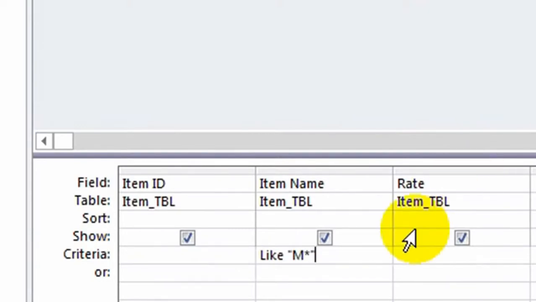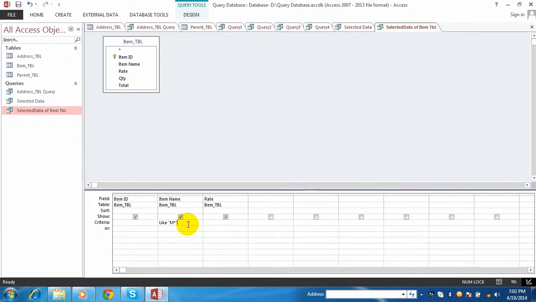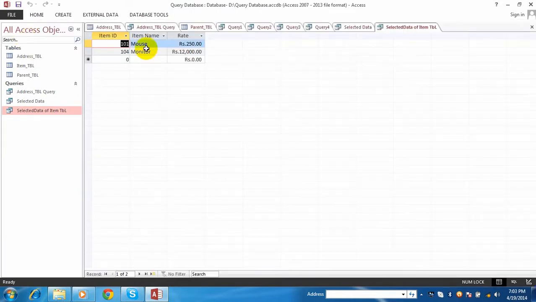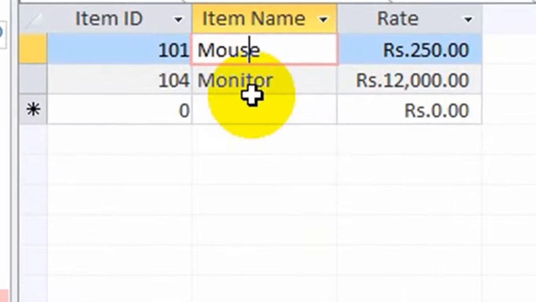Now it displays only the name of this item. That name begins with M character. Click on design menu tab, click on run option. See, mouse and monitor, these 2 items have been displayed from the item table. Now just right click on this